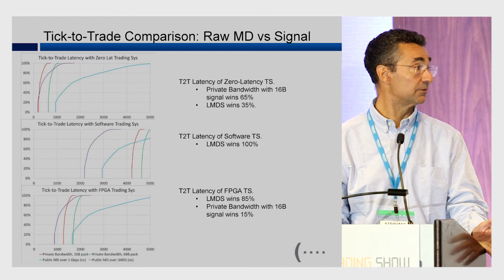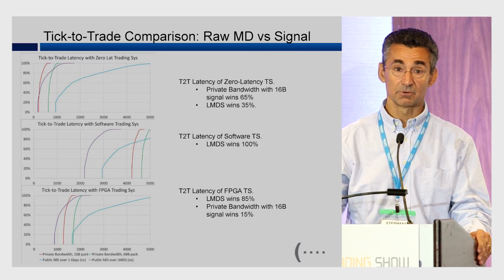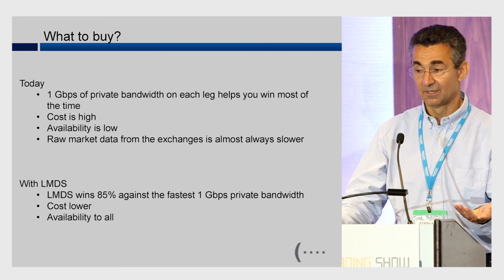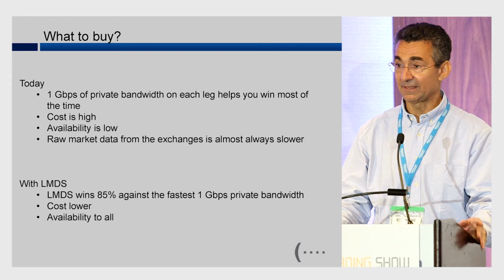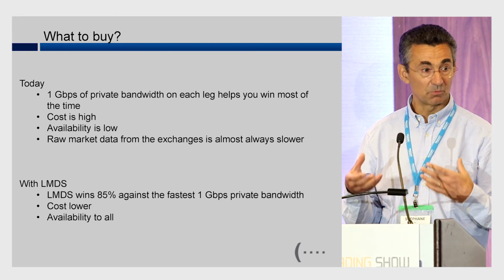And of course, if you're doing software, then you're better off getting the raw data on the other side all the time. So essentially, the message is that I think with what we're bringing to market, we're changing the way